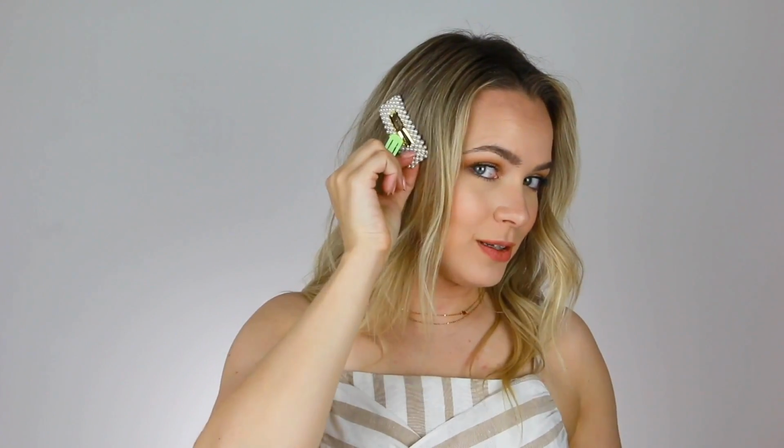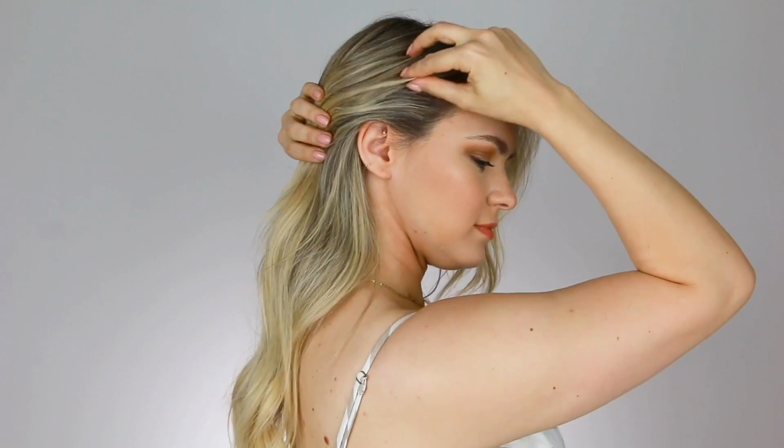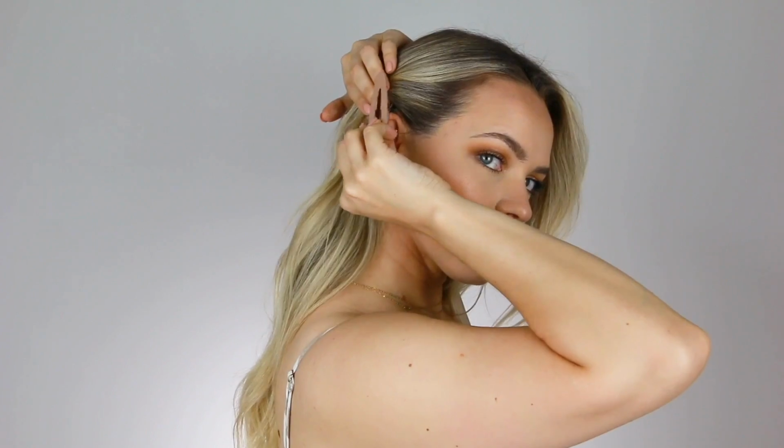Honestly, either of these would be cute in this hairstyle. Which one do I want to do? Pearl or neutral? Pearl or neutral? And all I'm going to do is pull back my hair on one side and then insert the clip diagonally